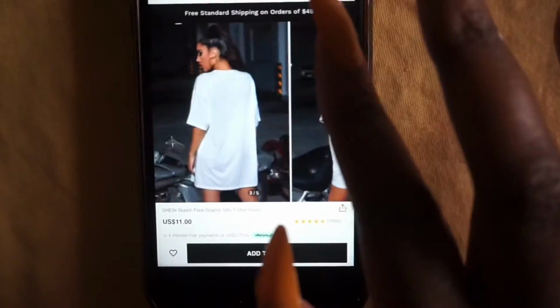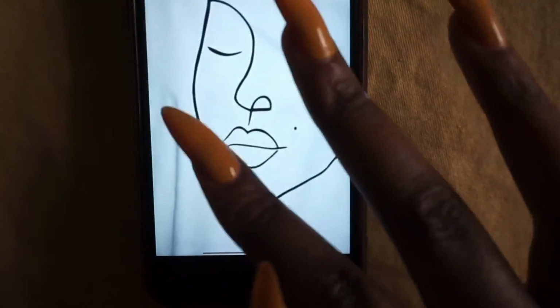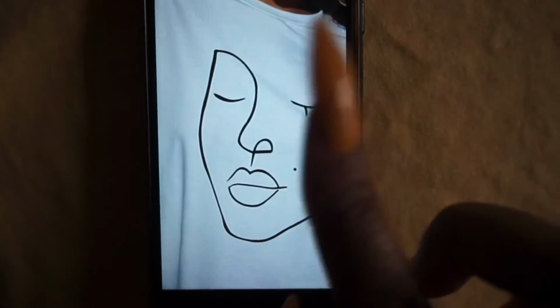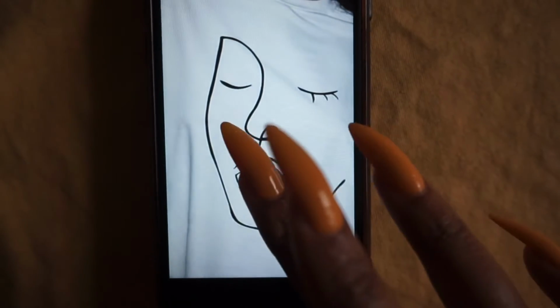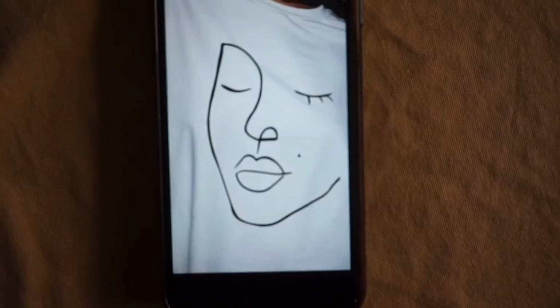So this is the second design, y'all. I actually went onto the Shein website, y'all, and I found this picture right here. I really like this t-shirt here. And so I'm gonna do this design here. I was a little scared to do this one because I wasn't sure if it was gonna come out